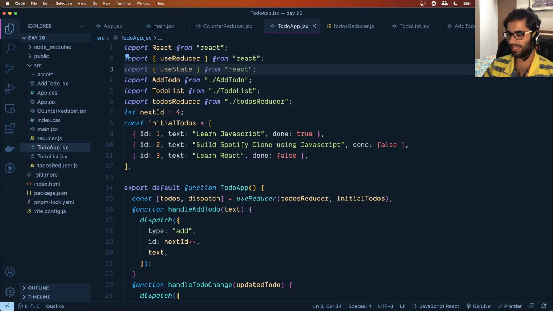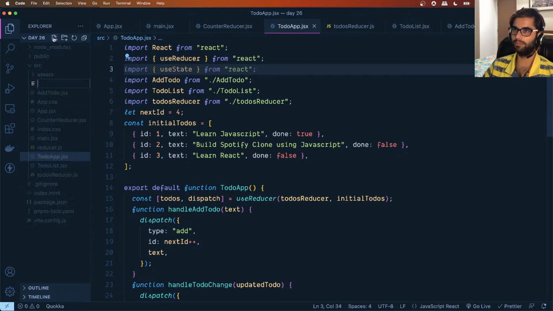Let's move on to the next topic. The next thing that we will be learning is the useContext hook. But before we learn that, let's understand why we need it in the first place. So, what we will do is let's create an app. Let's call it